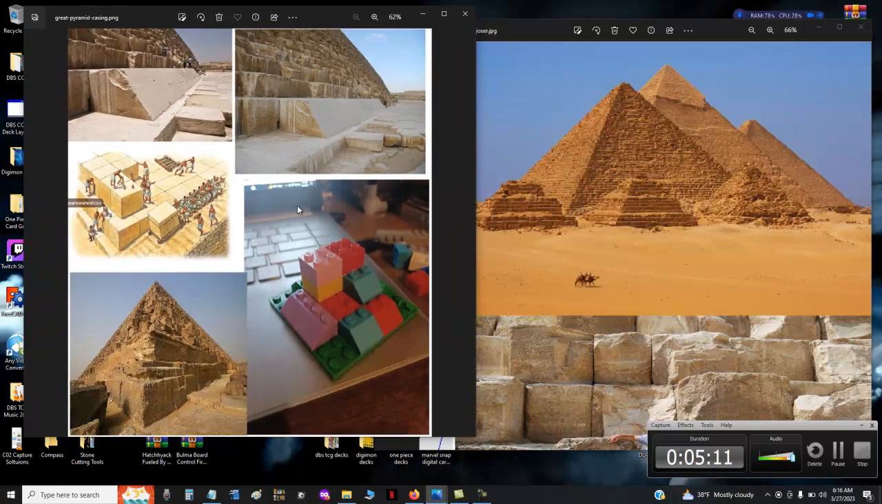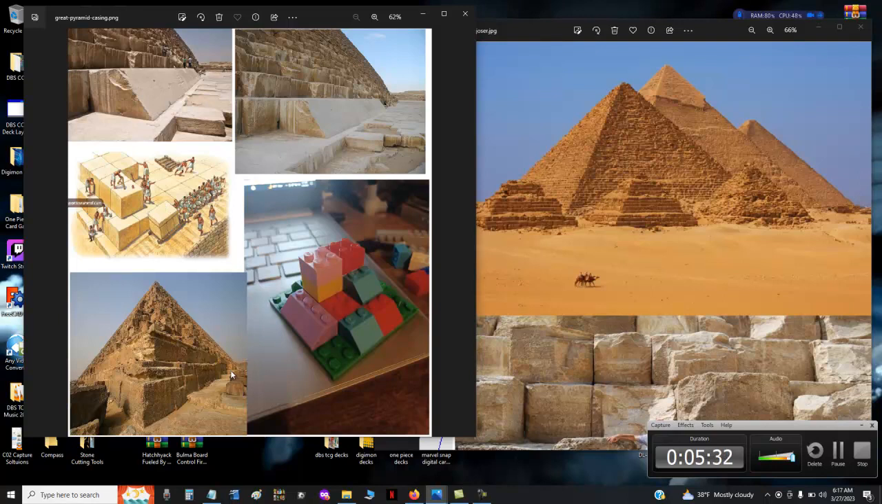So another thing about the ramp idea, right? The slope is the fact that you could roll things up. So the blocks don't have to be square for you to roll them up, right? But